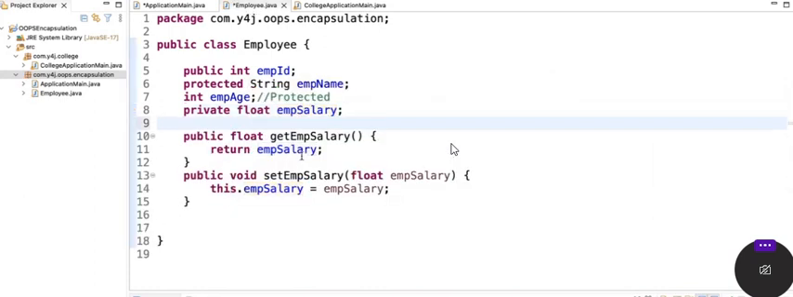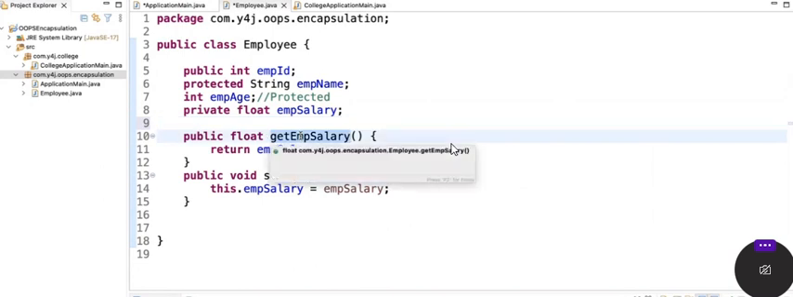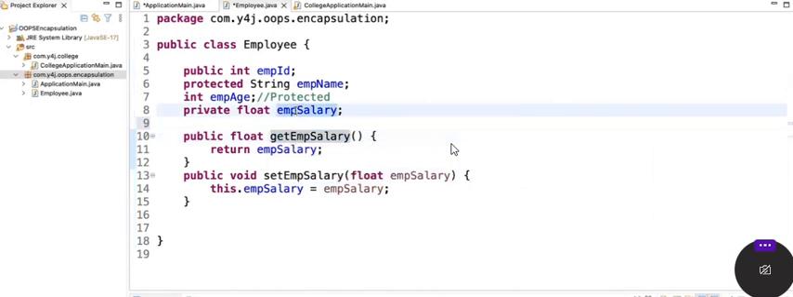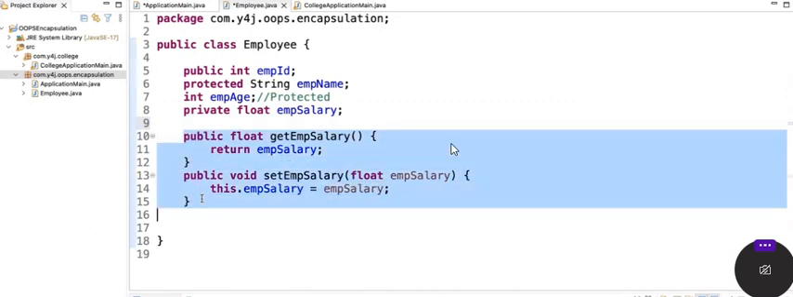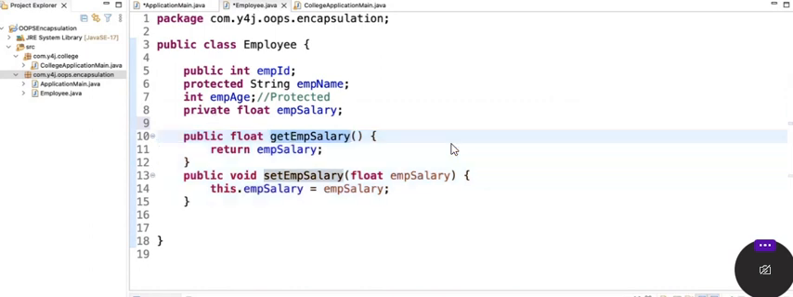See now, get employee salary, EMP salary, get employee salary, set employee salary. There are two methods the compiler automatically created. What is a getter? Getter means